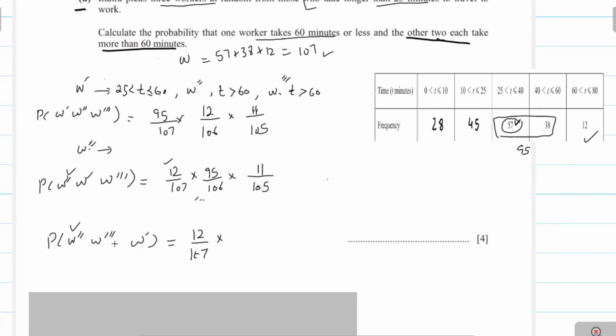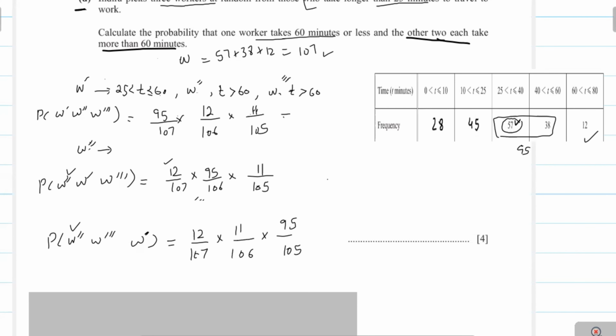more than 60 minutes. Therefore, there are 12 workers who take time more than 60 minutes. Now one is already selected, therefore 11 workers remaining out of 106. And the last is the probability of W dash. You see here, in the W dash, the worker who takes time more than 25 minutes and less than 60 minutes, there are 95 workers out of 105